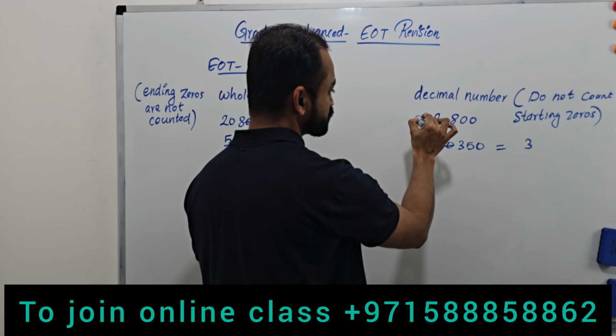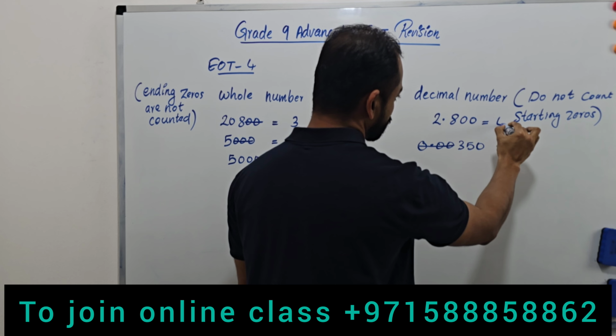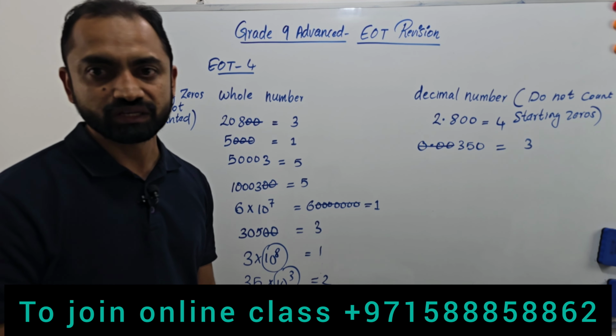This is a decimal number, right? So here it is not starting with 0, so there is nothing to cancel. So how many significant figures here? Here, 4 significant figures. If I write